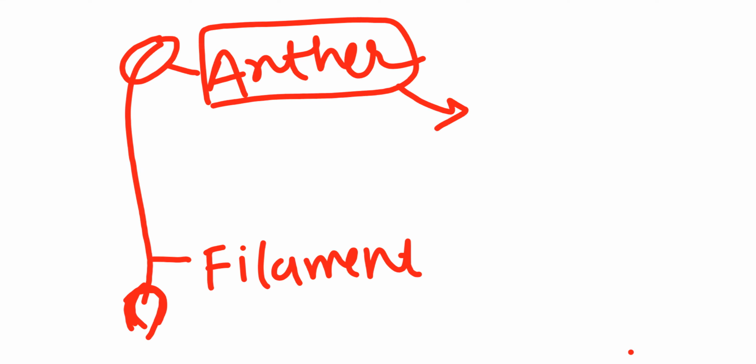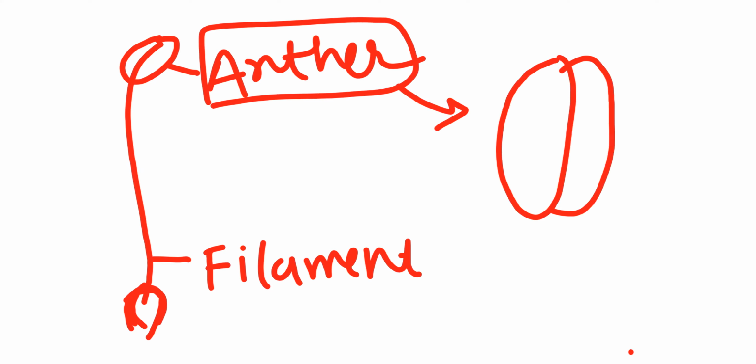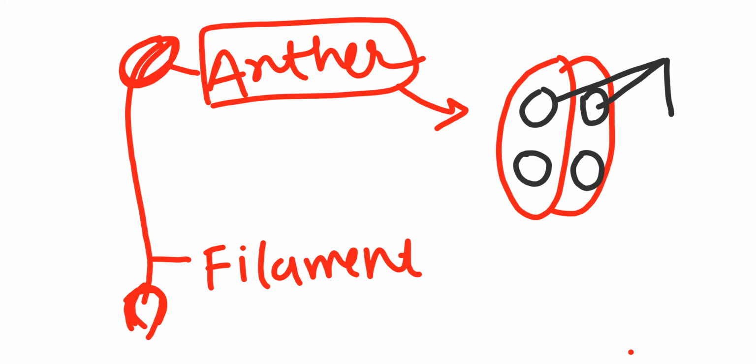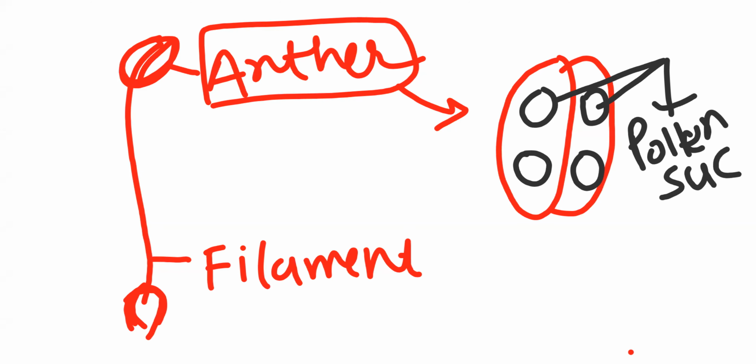Anther is generally a bilobed structure, 1 and 2. That's why we draw it this way, as you can make out from how I have drawn it here. Anther is generally a bilobed structure, and in each lobe 2 chambers are present. You have learned all this in angiosperms. These 2 chambers are known as pollen sacs, microsporangium. And inside that, pollen grains are developed.